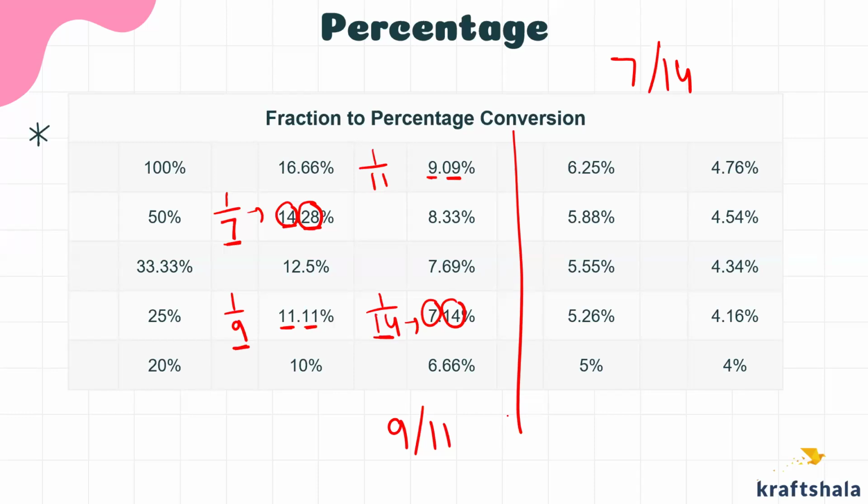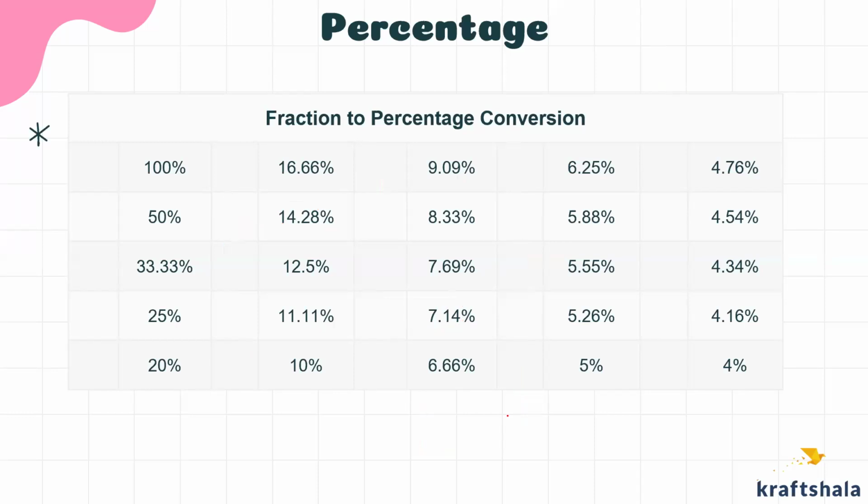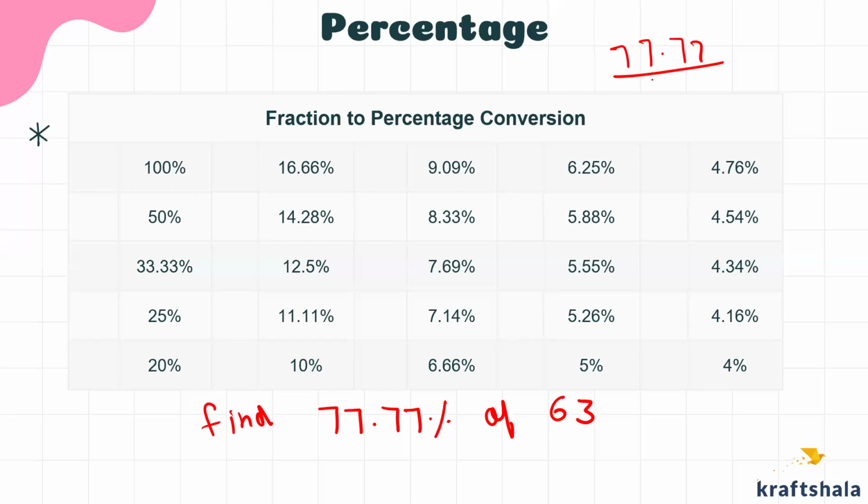जैसे, let me give you an example. देखो, let's say उन्होंने आपसे एग्जाम में पूछा, I am giving you an actual question. A couple of years ago they asked something like this, कि find 77.77% of 63. ठीक है, find 77.77% of 63. Now you might be wondering कि यार यहाँ पर कहीं 77.77 तो है नहीं, so I'll have to do it in this fashion only.